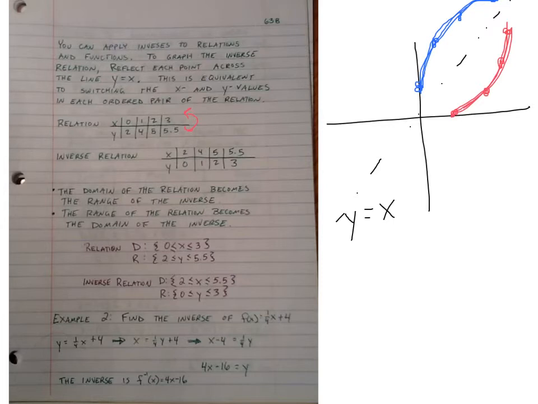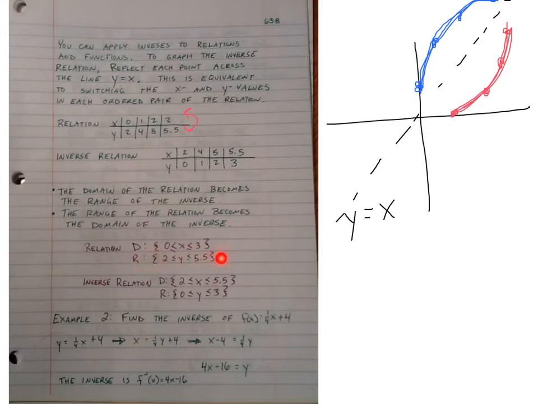If we wanted to list the domain and range of each set for our relation, our domain goes from 0 out to 3 on the x. So 0, 1, 2, 3. So it goes out to 3 on the x, and our range is from 2 to